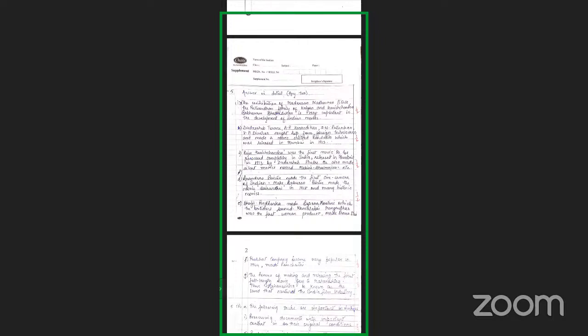Why is Maharashtra known as the land that nurtured the Indian film industry? Now, when you have such a question in the textbook, you have many Maharashtrian names and Maharashtrian people who have gone into filmmaking. So you're going to learn maximum names by heart and put them down into your answer. If you see the Navneet guide, you have very few names over there, and most of the names you have,